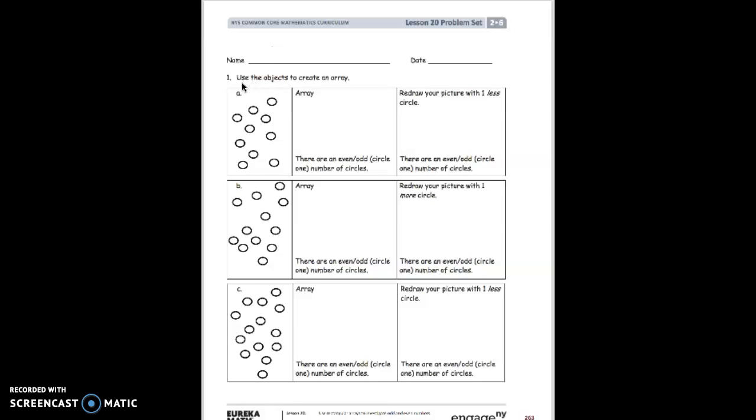Okay, so here it says use the objects to create an array. So what we're going to do is we're going to count first. 1, 2, 3, 4, 5, 6, 7, 8, 9, 10. There are 10 circles. So now what we need to do is we need to draw these 10 circles into